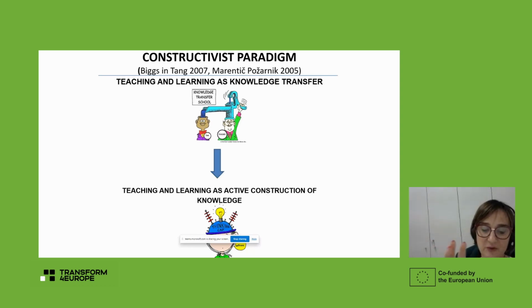Yeah? So on the one hand, knowledge transfer, which can be imagined in very physical terms. So I have something which I give to you. And the metaphor of construction, yeah? So of building foundations. Yeah? This metaphor, of course, is an old friend in science, yeah? Of building, of construction.